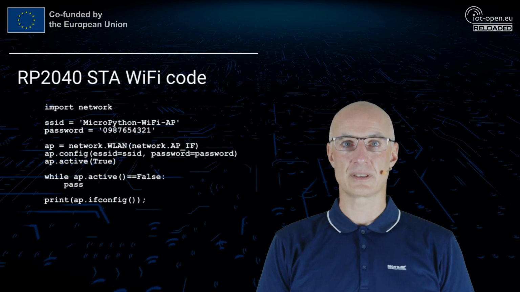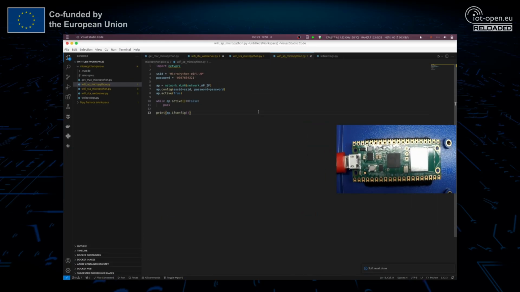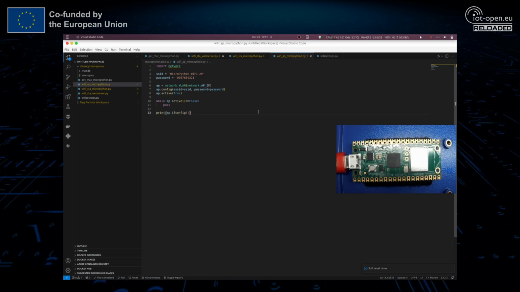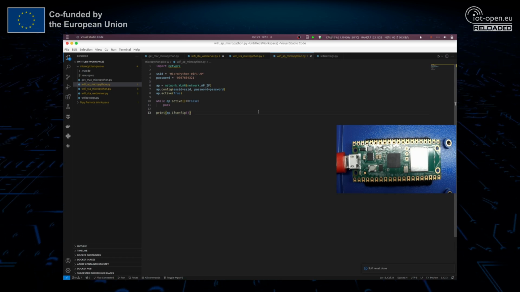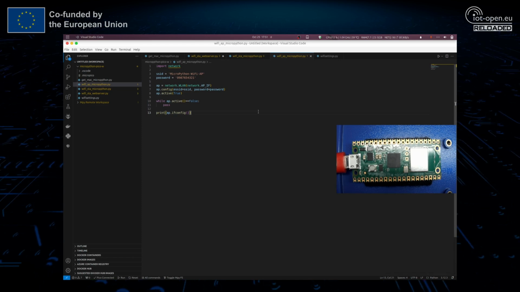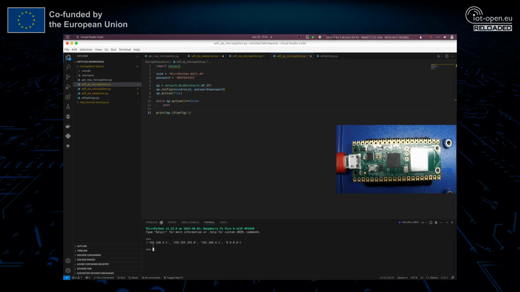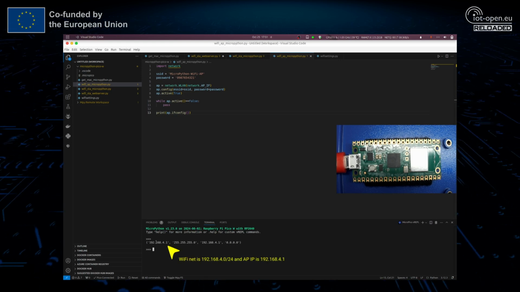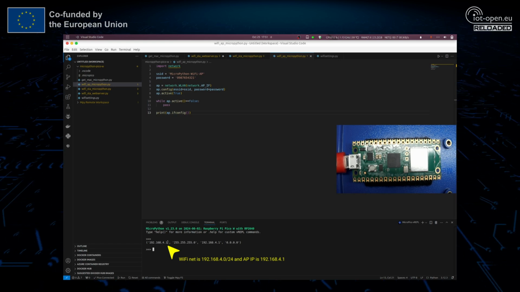Setting up an access point in MicroPython is also simple. Okay, so here is our code that implements a simple access point. Our Raspberry works as an access point device right now, and we can connect to it with a Wi-Fi client, so we can connect to it with other devices or even with the laptop. Let's run our server. It will implement a network in the addressing space of 192.168.4, and the access point IP address is